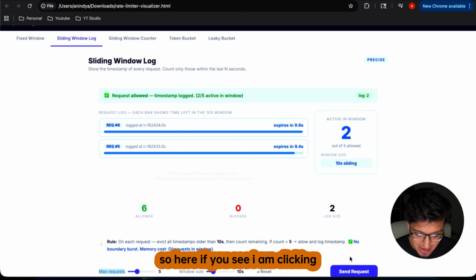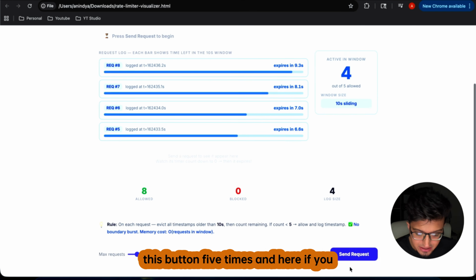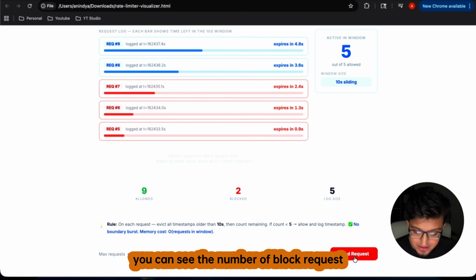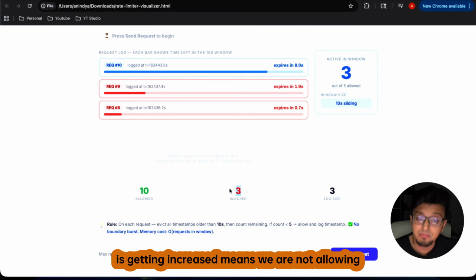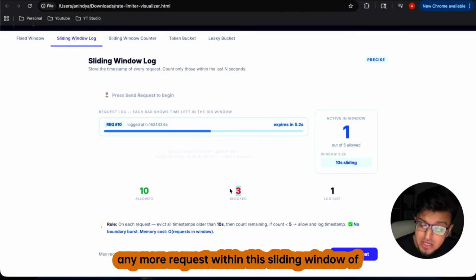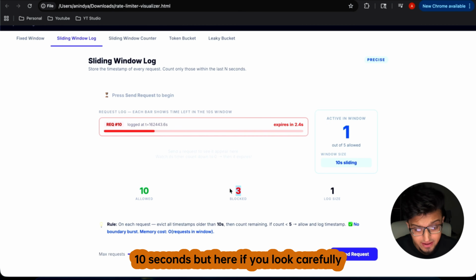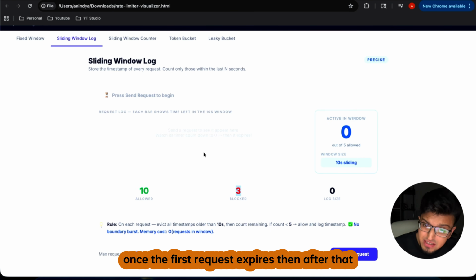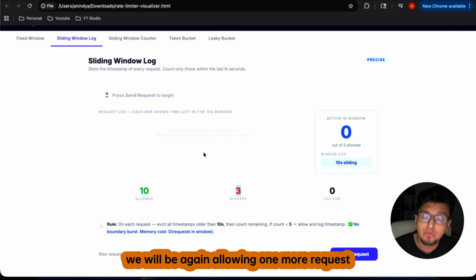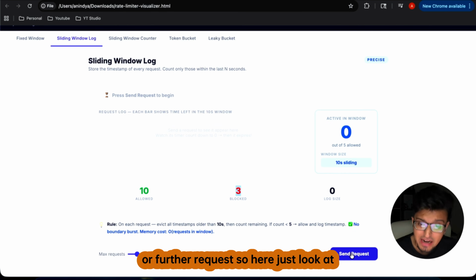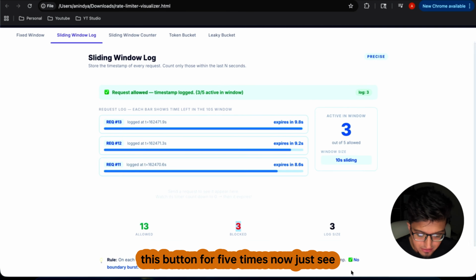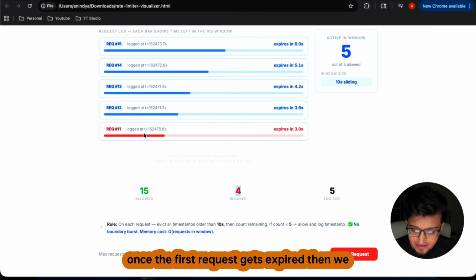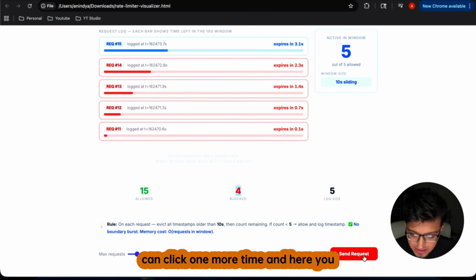Here, I am clicking this button 5 times, and you can see all 5 requests got accepted. Now if I click one more time, you can see the number of blocked requests increasing, meaning we are not allowing any more requests within this sliding window of 10 seconds. But if you look carefully, once the first request expires, we will again allow one more request. So just look at this use case. I am clicking this button 5 times. Now just see, once the first request expires, we can click one more time,